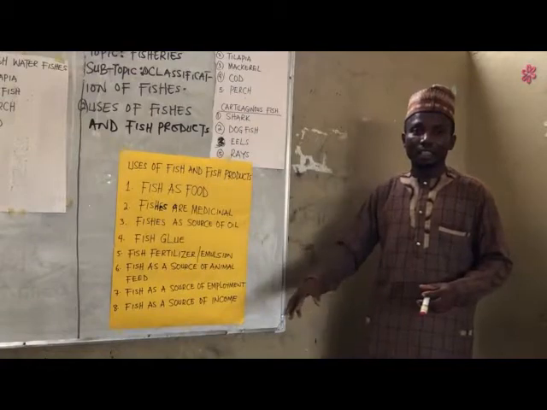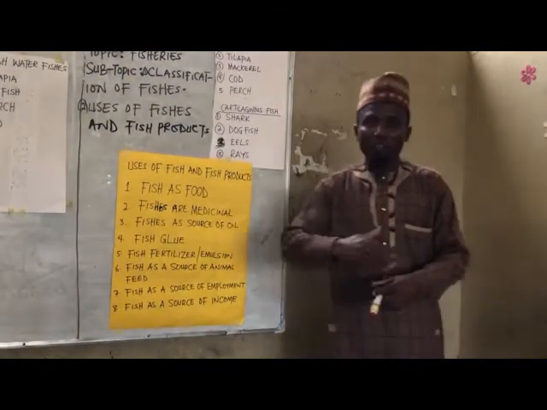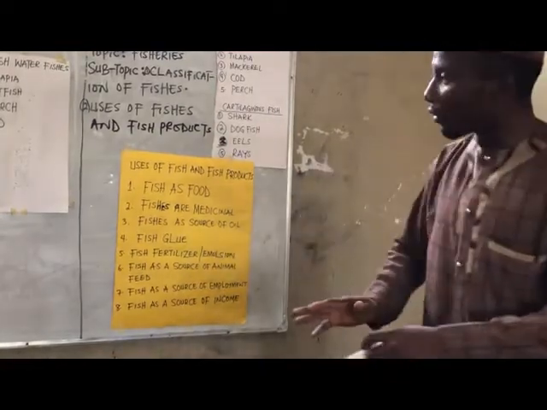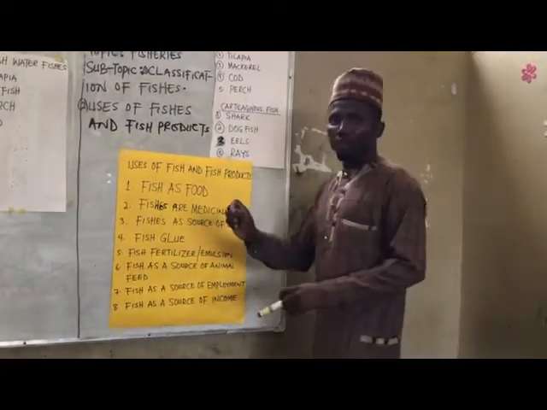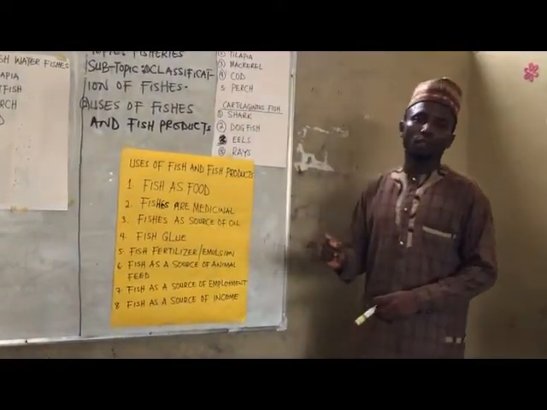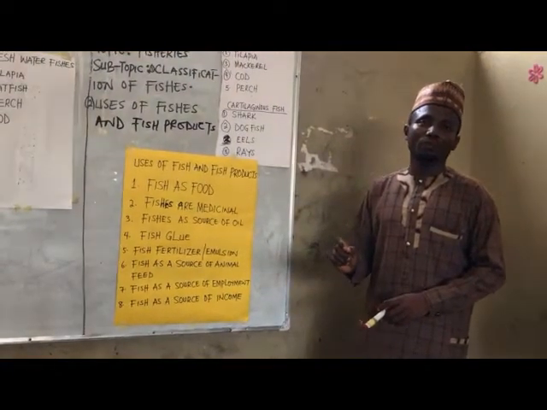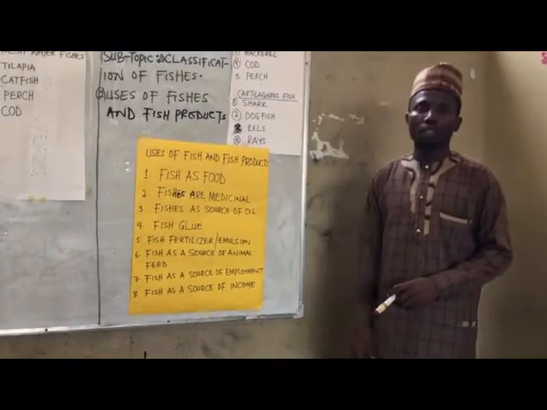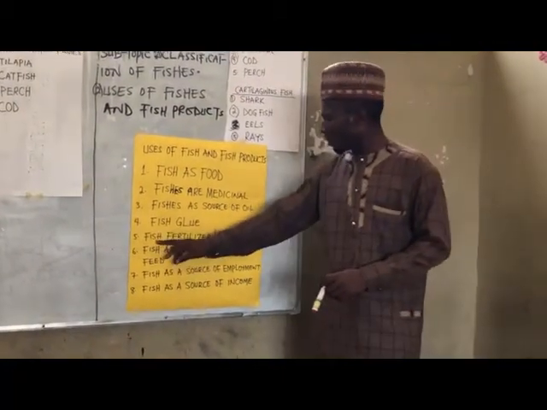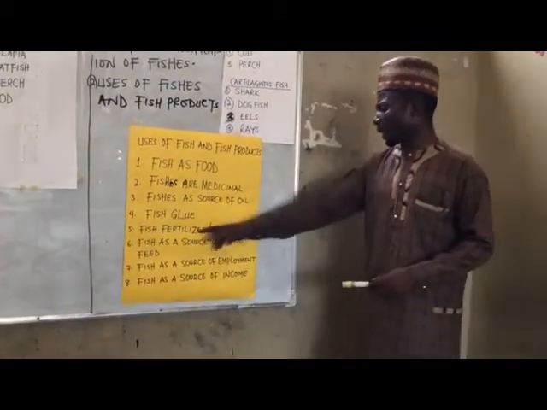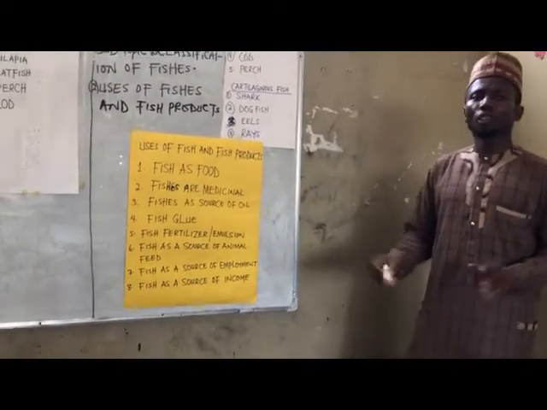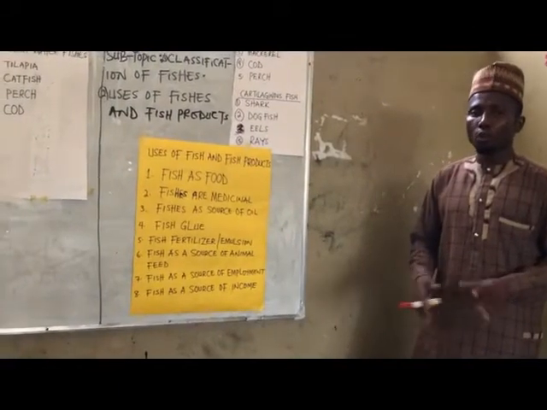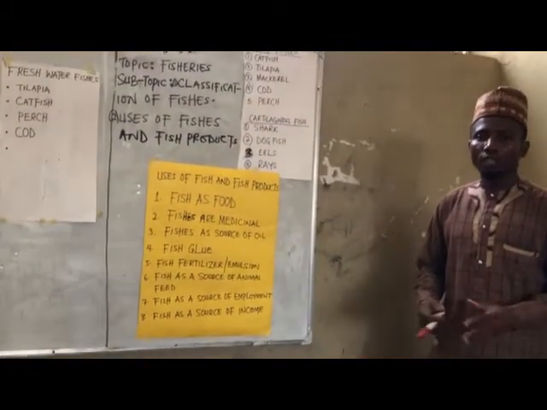Just the skin. But you must remove the scale from it. Once you have gotten the skin, you remove the scale of the fish, then you boil it to a very high temperature. Then the water that will be left can be used as what? Glue. Then we have fish fertilizer. This is another one. There's nothing to throw away when it comes to fish. The bones, you don't throw them away.